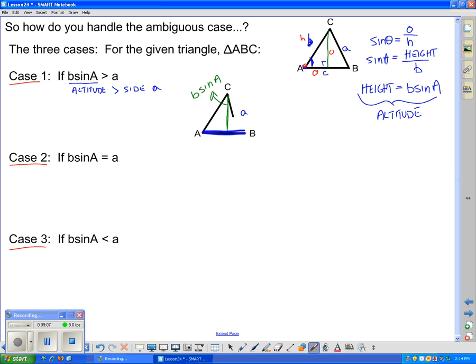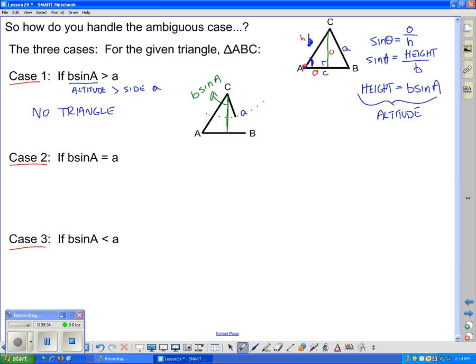Okay? Which means that we cannot create a right angle triangle. See? Unless I can get down to B, I can't touch it. If I can't touch it, that means that it never ever creates a triangle. So the answer here, if B sine A is greater than A, no triangle,